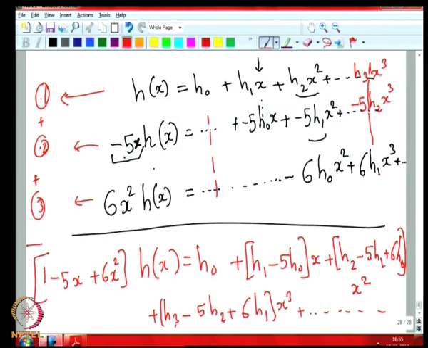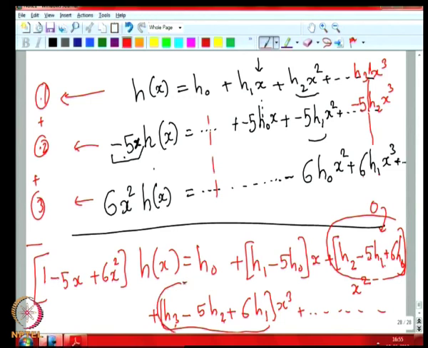That is exactly what is written here. So this coefficient is getting 0 by the recurrence relation given. Similarly this coefficient will also become 0 if you put n equal to 3. So h3 minus 5h2 plus 6h1 is also going to be 0,